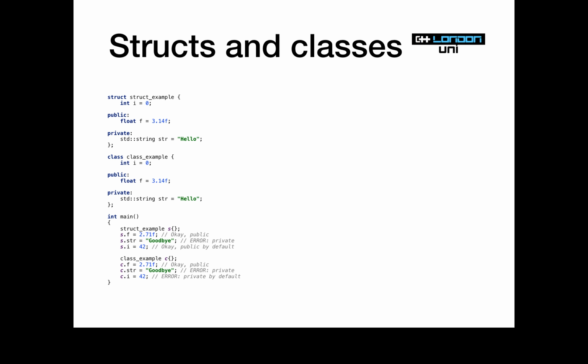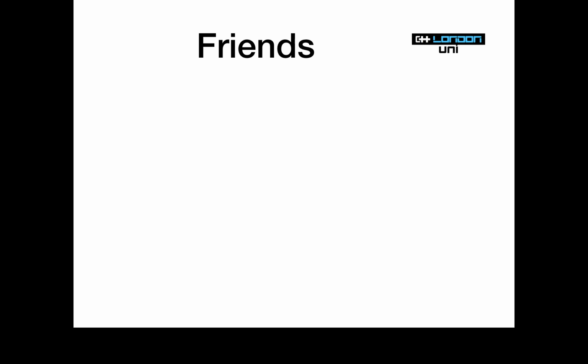Okay, we have one last little thing to cover in this module, and then that's it. Very exciting. Let's talk about friends. I know it's odd for C++ programmers to talk about friends because we don't normally have any. But this is all to do with public and private members as well.